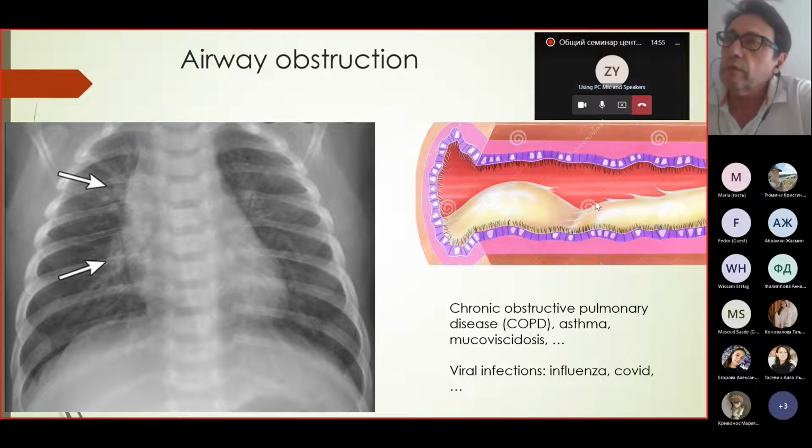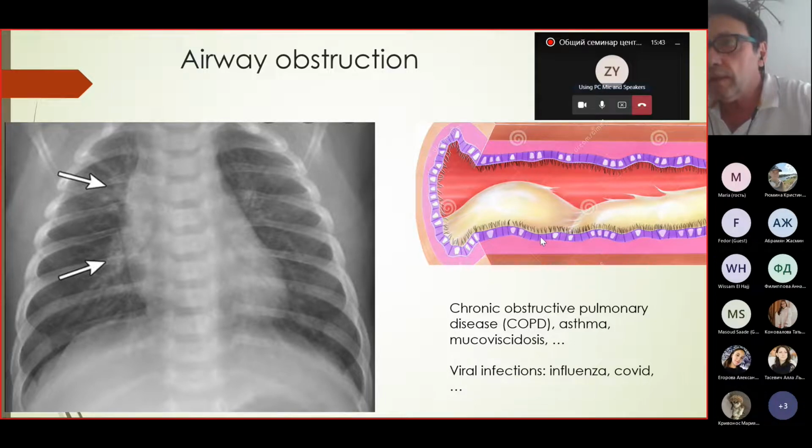And here at the right image, you can see again a schematic representation of what is happening. It is a cross-section of a small airway, of a small bronchiole, where you see this airway in the middle, and this yellow thing is mucus. Mucus is produced everywhere in the first 16 generations of lung airways, and if it moves, I will explain it later in more detail, and normally you see this